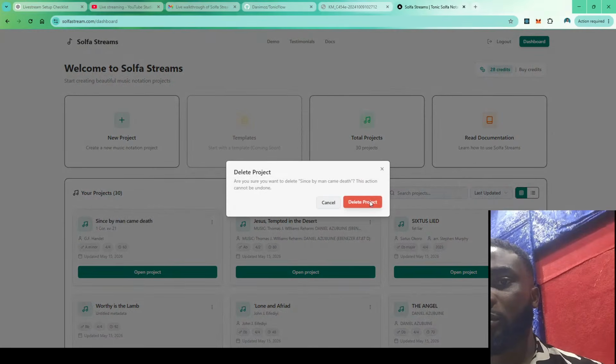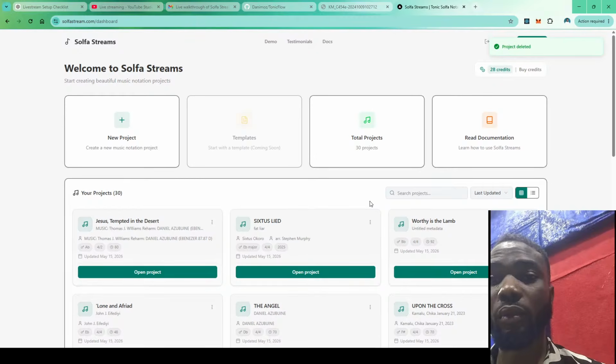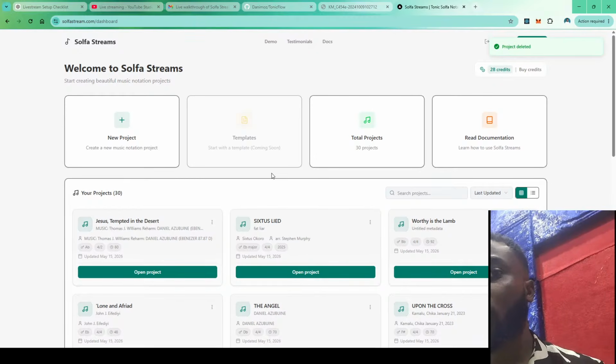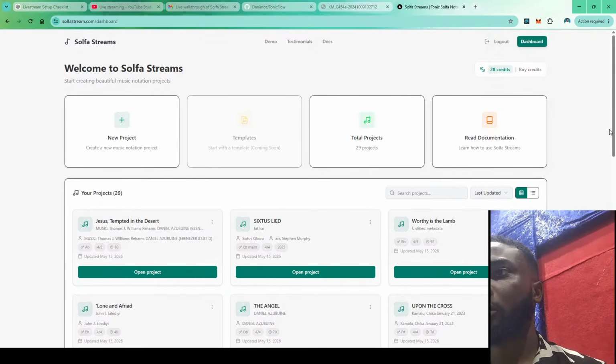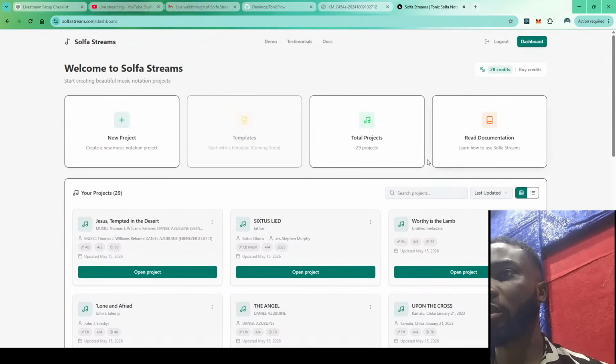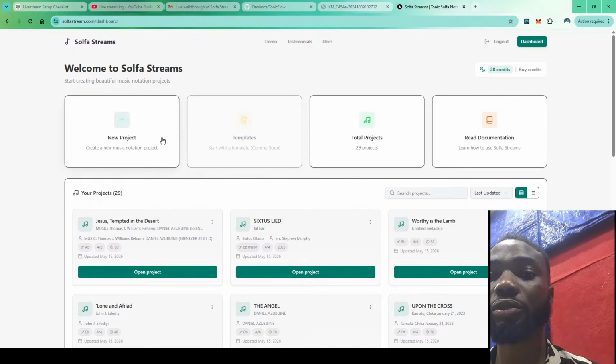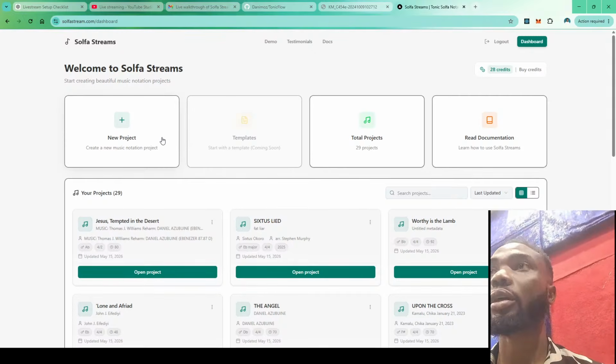Yeah, just want to clear up some things. So to use this app is not difficult at all. It's pretty easy, super easy. And there are two main ways to create a score. I already have created scores here, but when you log in, if you're a new user, it's going to show you the two ways to create a score. The first way is